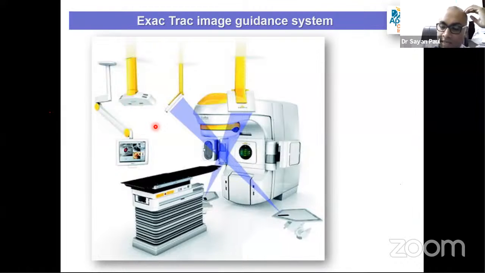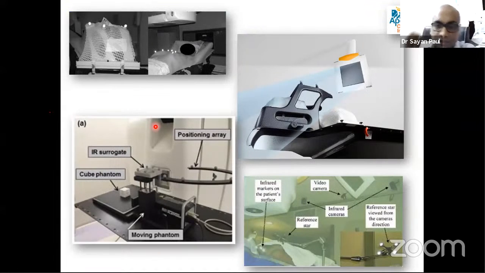So there is here, as you can see, an infrared camera. So what you do is you put some infrared markers on the orbit or on the body of the patient, or you can attach them to a couch array or positional array or on a frame. So the infrared camera detects these infrared markers and actually gives you the isocenter position. So the system knows from your planning system. So you give an isocenter, give a coordinate, and with the infrared markers, the machine gets the coordinate of the